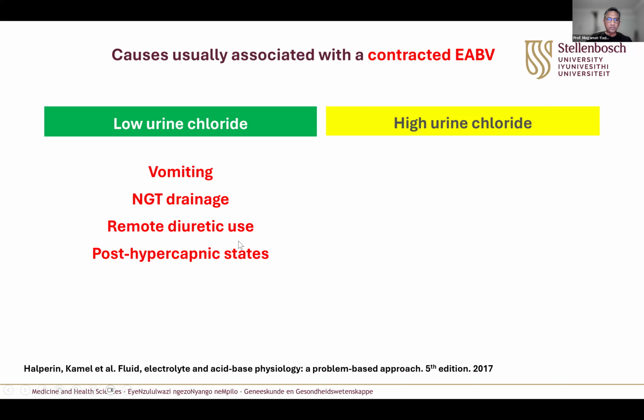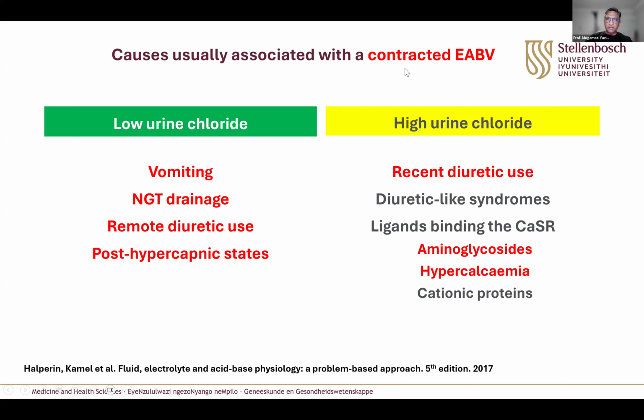These patients usually have a reduced effective arterial blood volume, and when you correct the ECF volume contraction, it corrects the metabolic alkalosis. The reason I've made all these causes in red is because these are, in my opinion, the most common causes for metabolic alkalosis associated with a contracted effective arterial blood volume. That said, by far the most common causes in practice, 90% I would say, is either vomiting or diuretic use. Those two, vomiting or diuretic use, will be probably 90% of the patients you'll see in clinical practice.